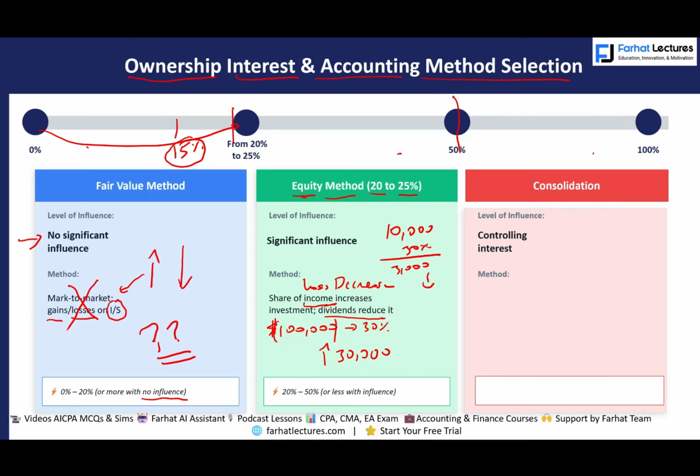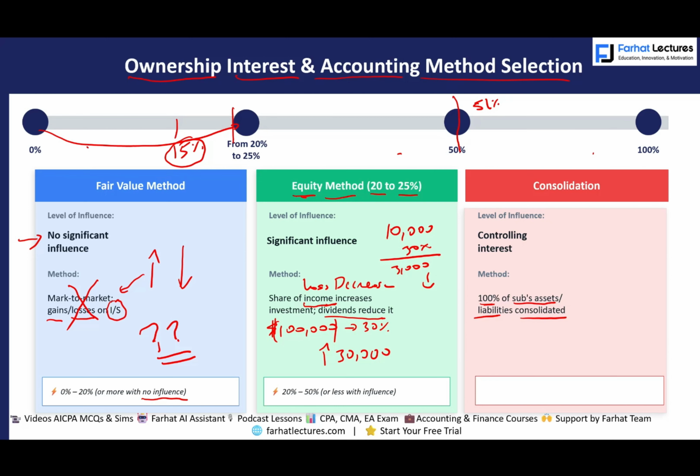Now, under the consolidation method, which we're going to talk about a lot, you consolidate both companies together. So it's no longer an independent company. That company will be consolidated. 100% of the subsidiary assets and liabilities are consolidated. 100% of revenues and expenses are consolidated, even if you own 51%. That's it. You have absolute control. That's the assumption. Therefore, we will use the controlling interests. Now, when we say controlling interests, we account for 100% of assets, liabilities, revenues, and expenses, but we'll make adjustments